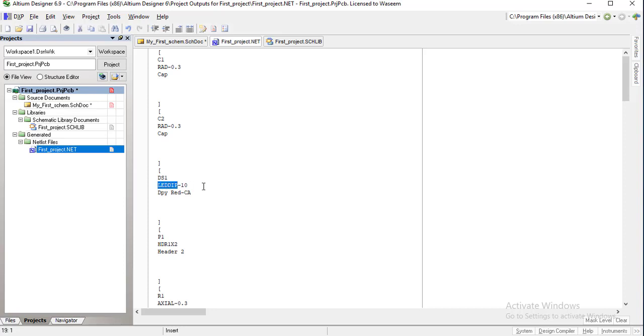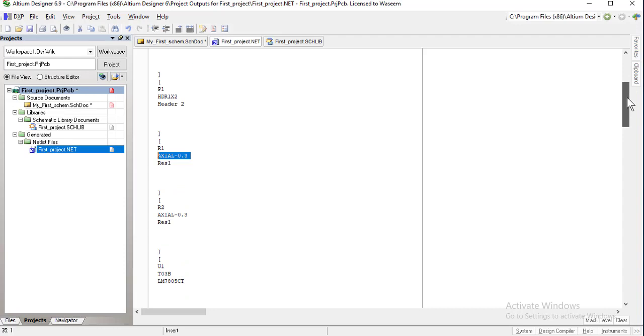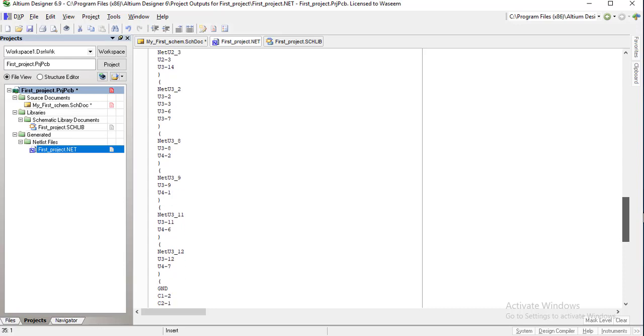This is the footprint of the 7-segment display, this is the footprint of the connector or header P1, this is the footprint of the resistor R1, and so on. So first there are the names of the components, their footprints, and then the connections between their pins.